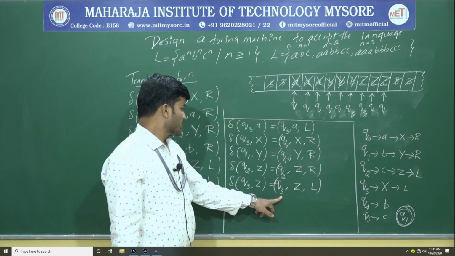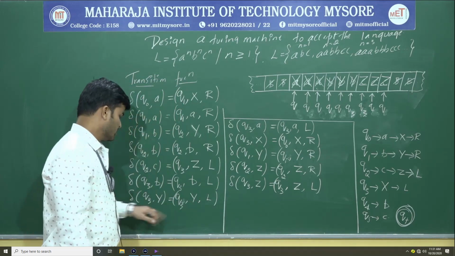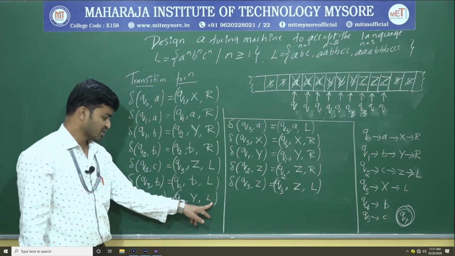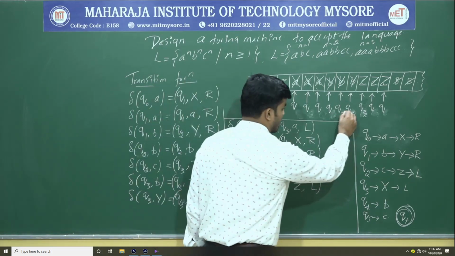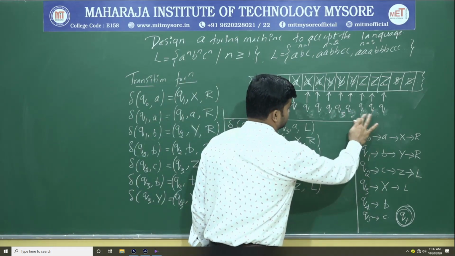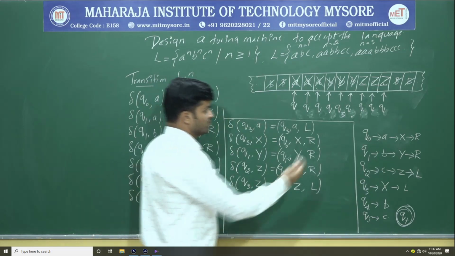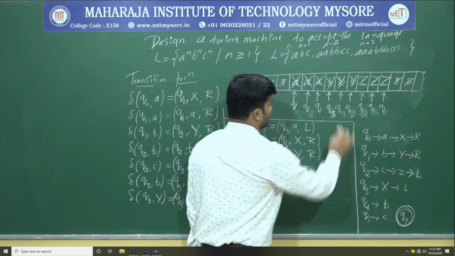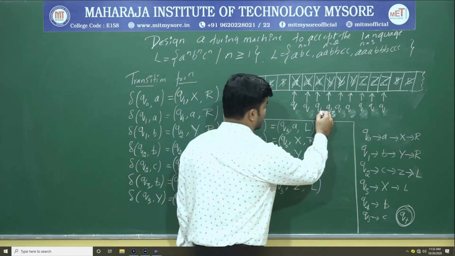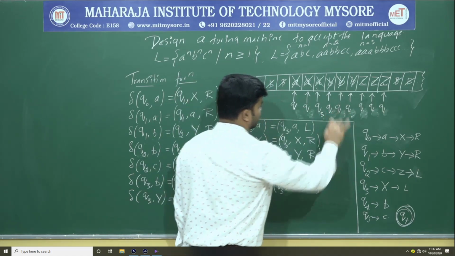Q3 upon Y is already written, it will maintain Y as it is, and it will move at left hand side with the same state, Q3. It will come over here. Now Q3 upon Y, again the same thing, it will move at left hand side with the same state, Q3. Now Q3 upon X,